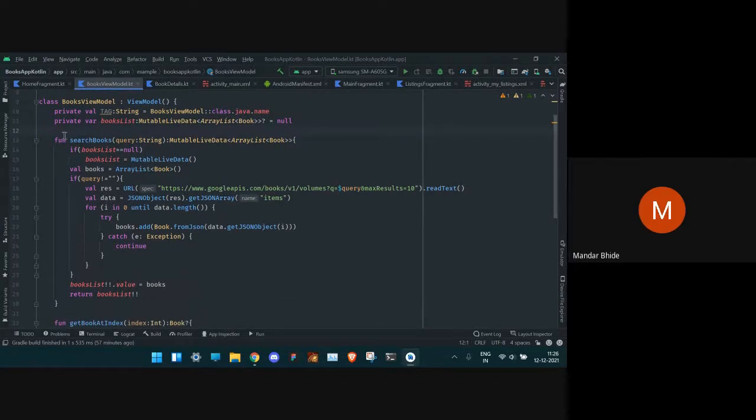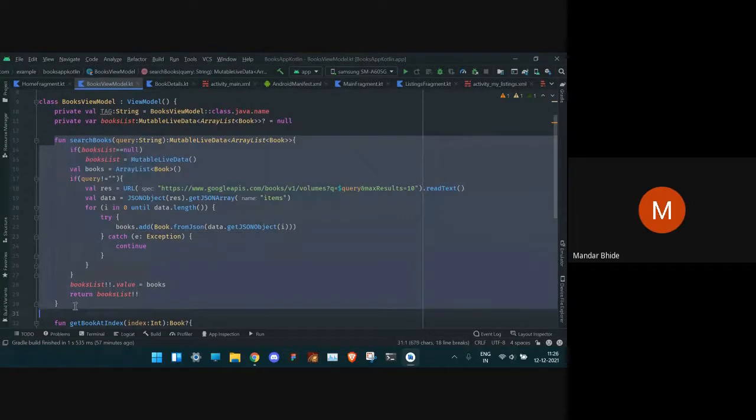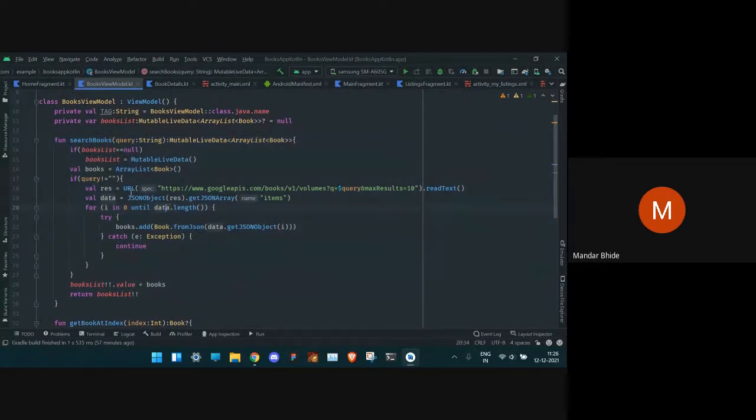Then within that view model, we define certain methods which carry out certain stuff. As you can see here, we are making call to Google Books API and asking for the query that the user put in the edit text previously. And then we are setting max results to 10 so that the results are loaded quickly. We can put actually any number, but too big number will result in a slow application. That's why we have to limit it to certain value.